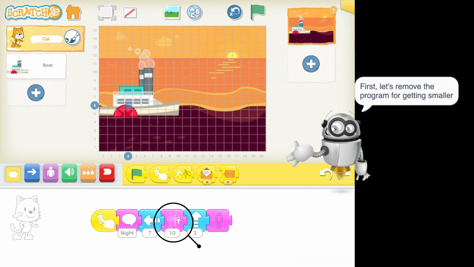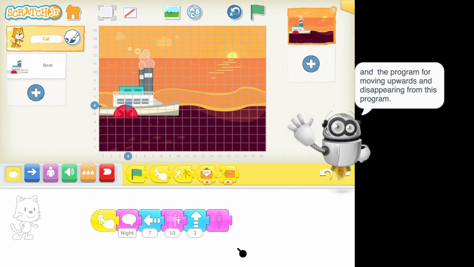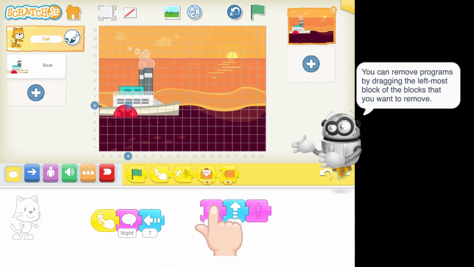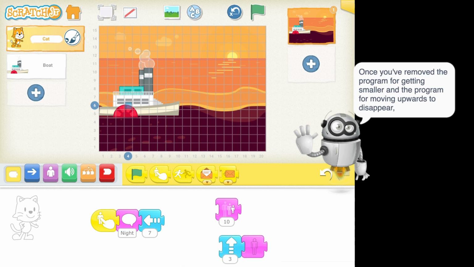First, let's remove the program for getting smaller and the program for moving upwards and disappearing from this program. You can remove programs by dragging the leftmost block of the blocks that you want to remove. Once you've removed the program for getting smaller and the program for moving upwards to disappear,